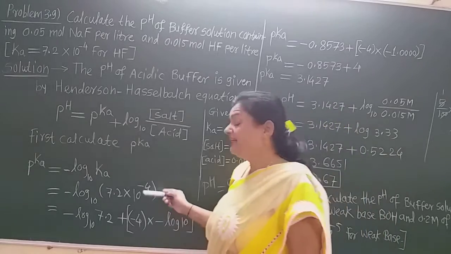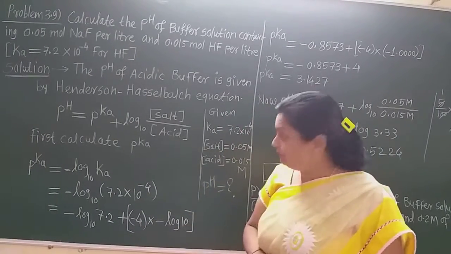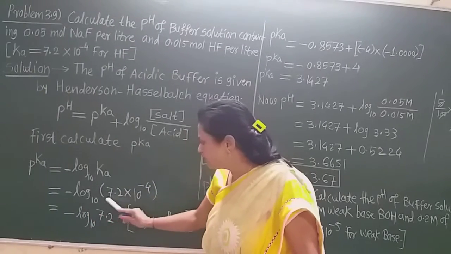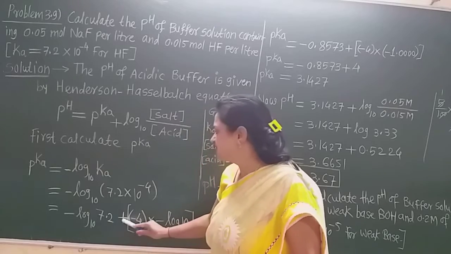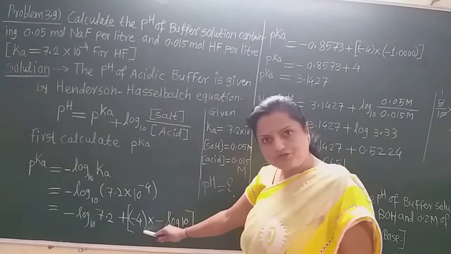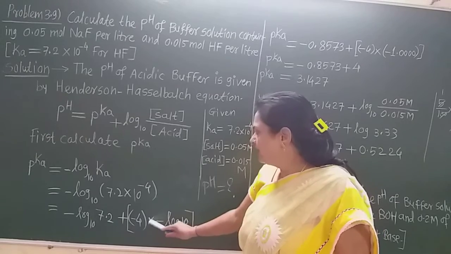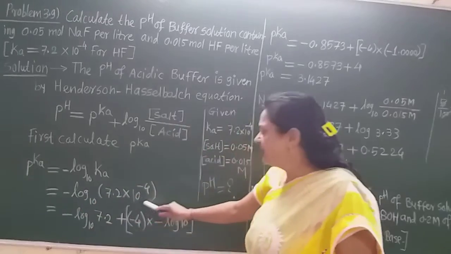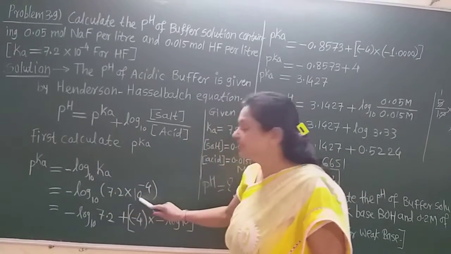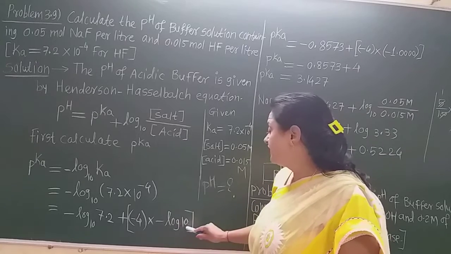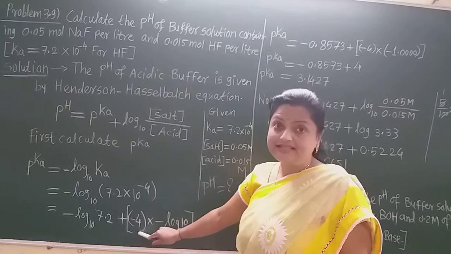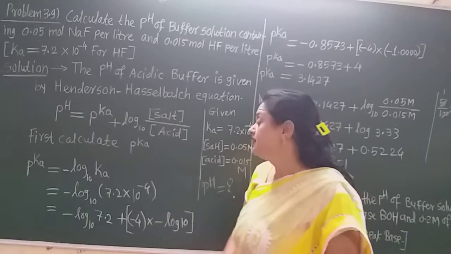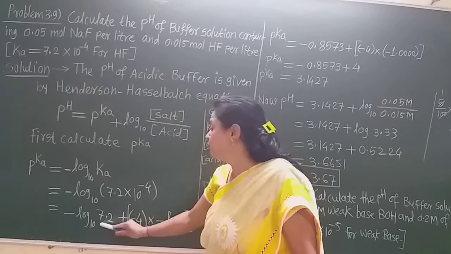And we many times solve such types of problems for the pH. So how is it? It becomes minus log to the base 10 of 7.2 plus, now this minus 4 power comes here into log of 10, because here is the minus sign and here is the bracket. So the minus log is for this 10 also. So minus log of 10, and this power we take here as multiplication, minus 4 into minus log of 10. In this way we solve the problem, and here is the minus log of 7.2.